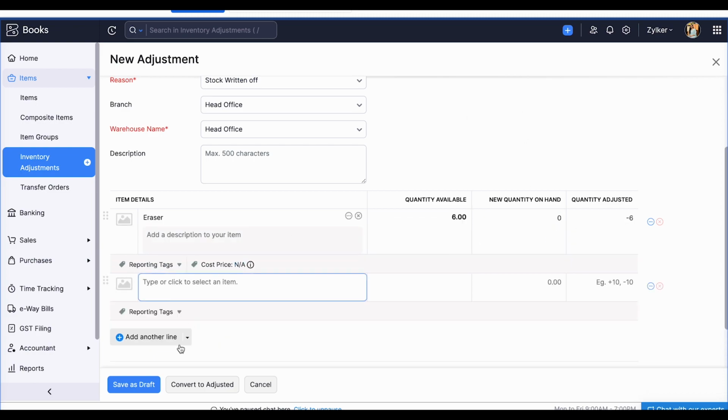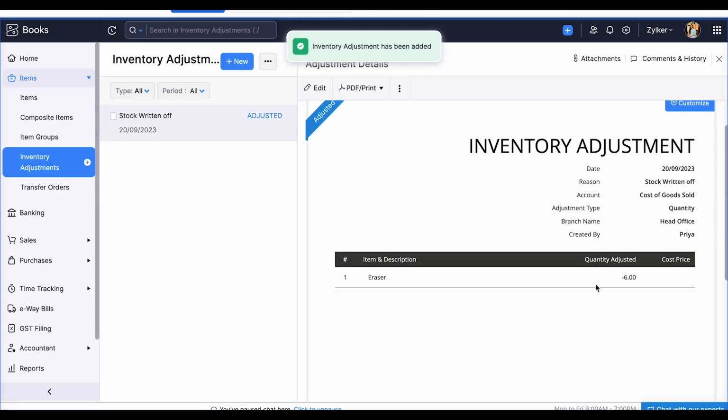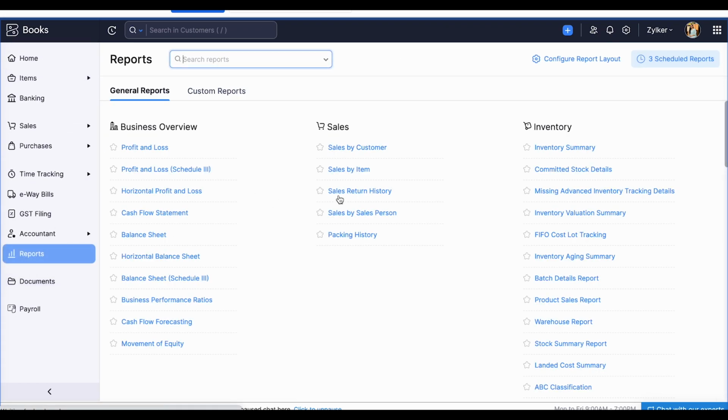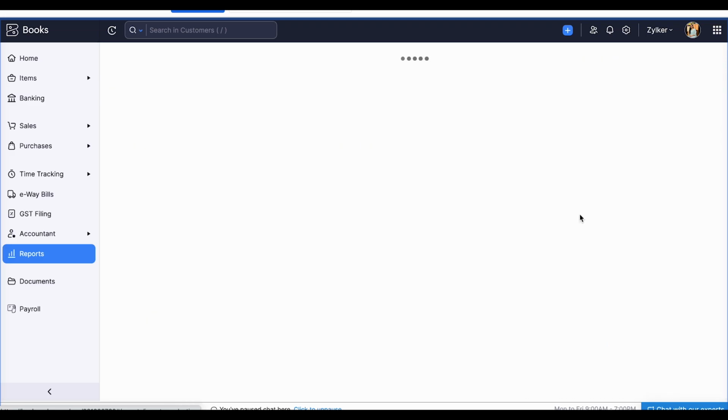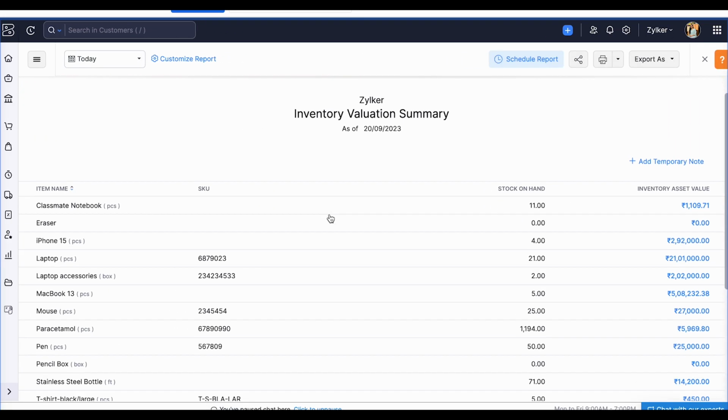as 0. Now when I convert it to adjusted, this quantity is written off, and in my inventory reports it will show as 0. So I have written off this item named eraser. Let me show it to you in the inventory report. So if you check this report, the stock on hand is 0, and similarly the asset value has also become